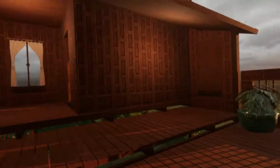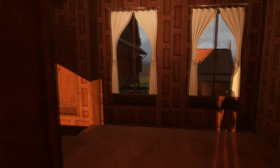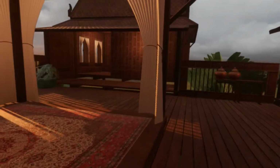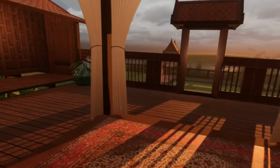Well, this is basically the hangout area. I'm not sure whether this is the exact form of a building in Thailand, but it is almost similar to what I've been to when we visited our relatives' village in Patani. So the man will sit here when there is a male guest. The men sit here and chit chat, drink coffee, smoke, things like that. The ladies can sit here too if there are a lot of lady guests, or if it's a close relative, then they would come out and sit together. But usually, the men prefer to hang out by themselves, and the ladies would hang out inside the house,